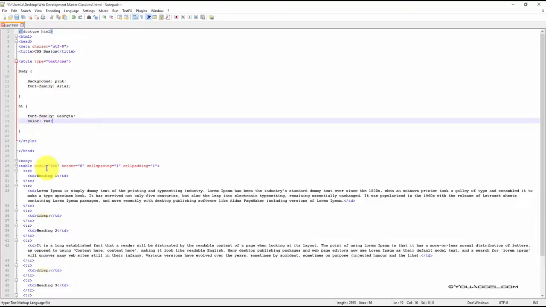In this case, any block of text within H1 tags will have the color red and the font